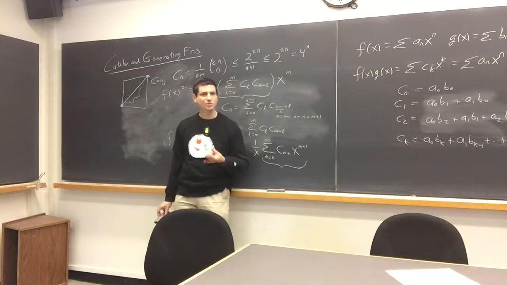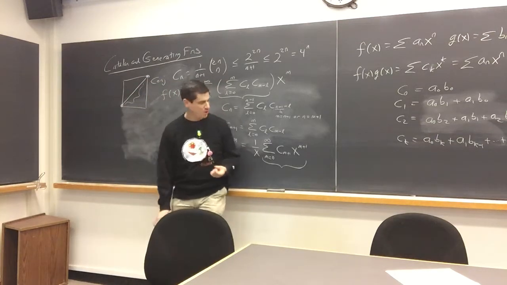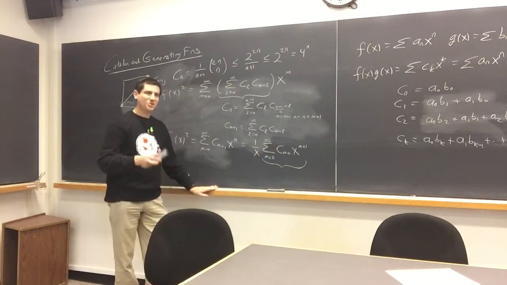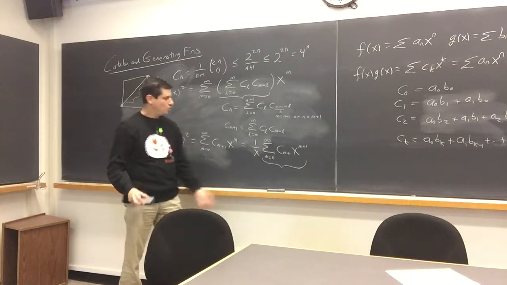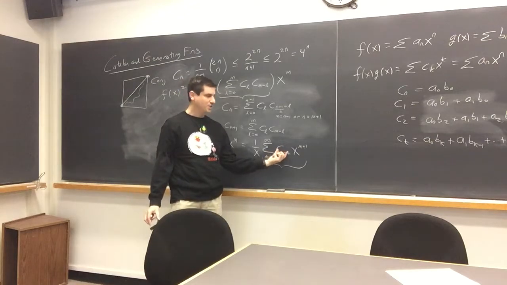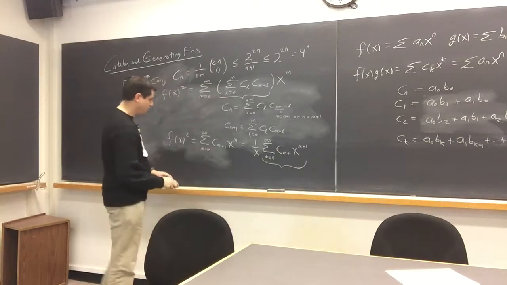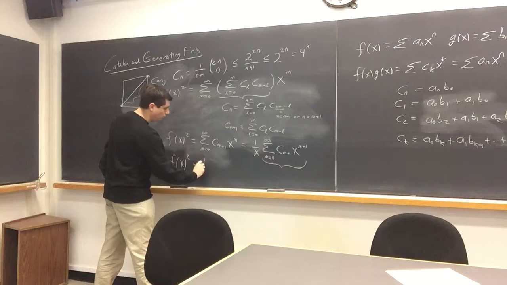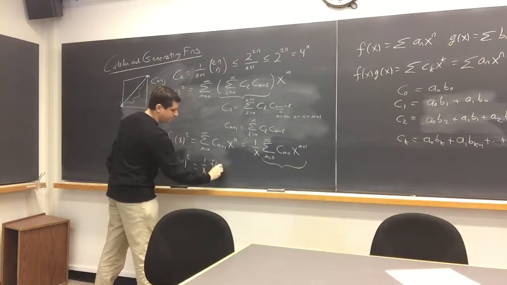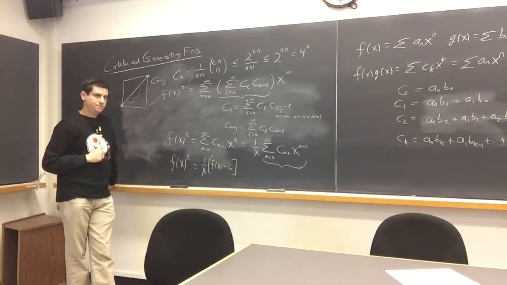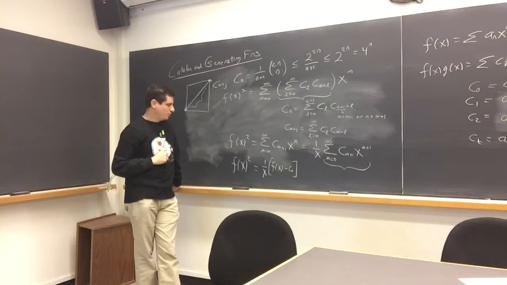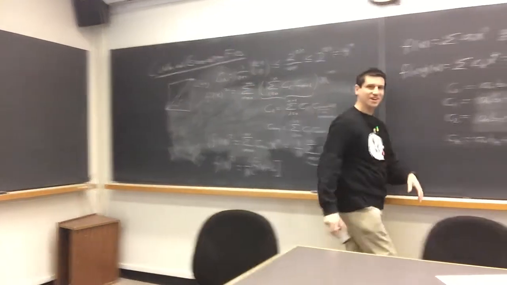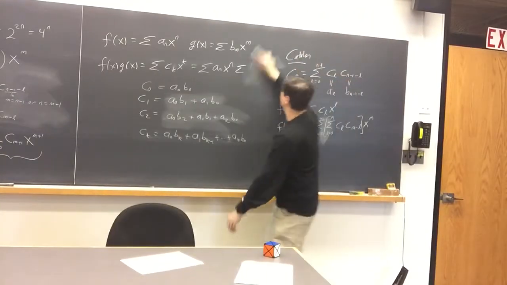So what's so nice about this proof is we're doing the two most powerful techniques we have in mathematics. We just multiplied by 1, and now we're going to subtract 0. So we add in the constant term and then subtract it, and then we can replace this with f of x. And so we end up getting f of x squared is going to be 1 over x, f of x minus c_0. We have a formula for f of x. We have an explicit formula, right? So I'll do a little bit more analysis with it.